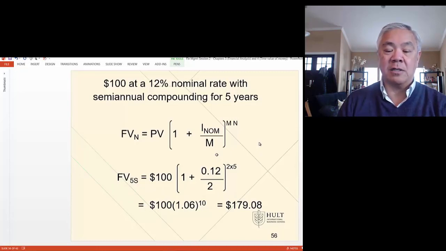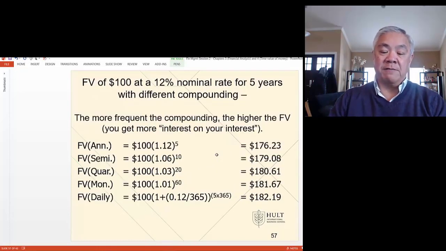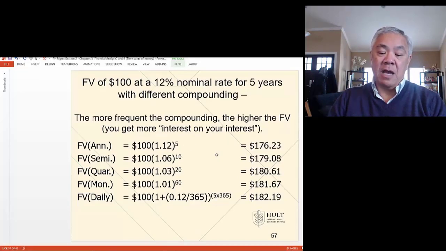Okay, now let's look at a chart that compares the different compoundings. If you compound it once a year, you'd have 176. If you compound it semi-annually, 179. And what you see is the more compounding frequency, or the higher the frequency, the higher the dollar amount. To the extreme here, where we compound daily, where it would be